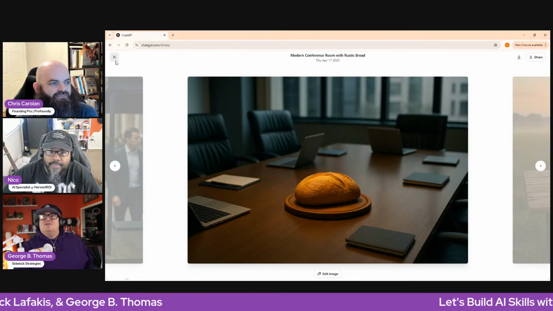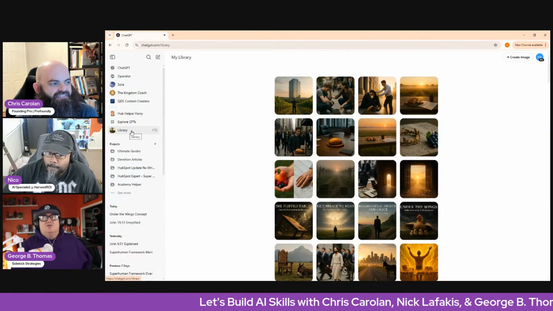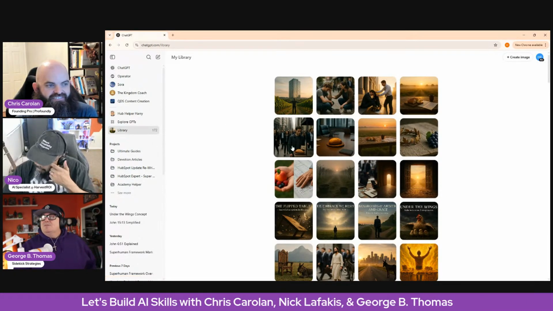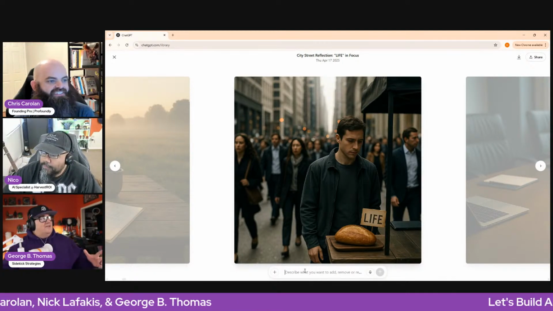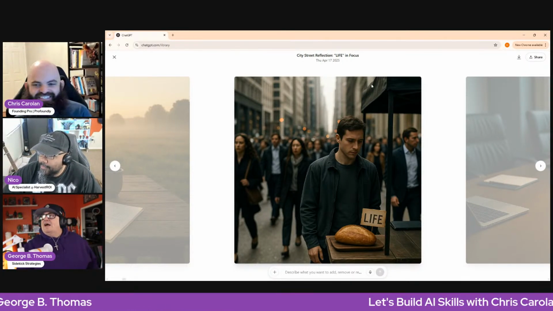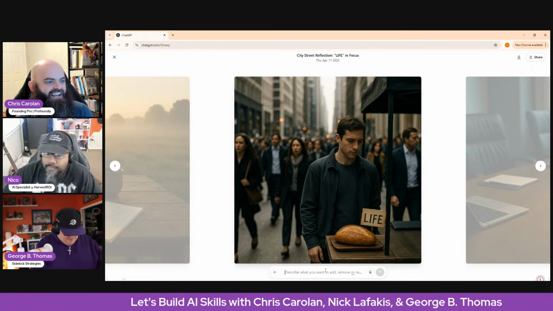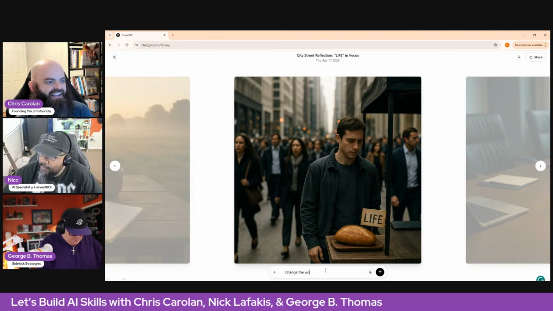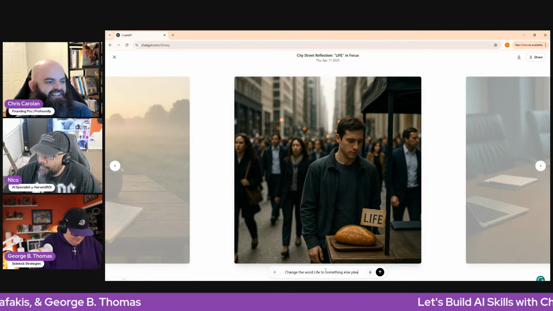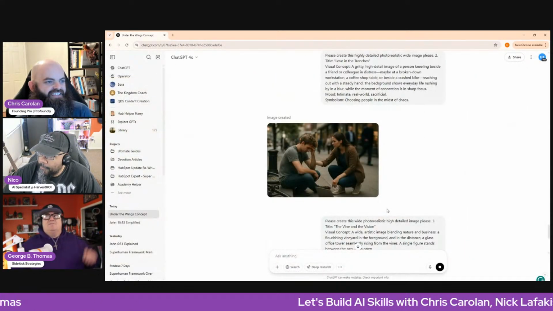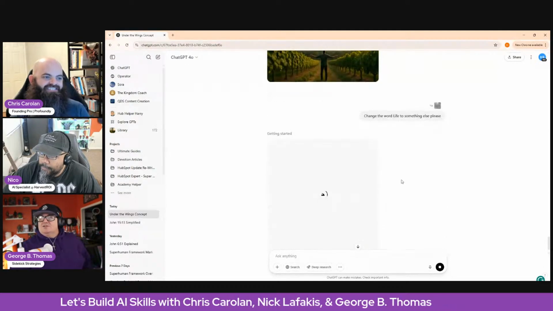And again, now I want you to think about this: you can create a stock library of ideas to then use over time, because it's just a matter of editing the image and going in another direction. I didn't see that part. I got this bank. Let me go ahead and download it. Right. So imagine this: change the word life to something else, please. And boom, I'm off to the races, back in the original conversation, redoing the image.